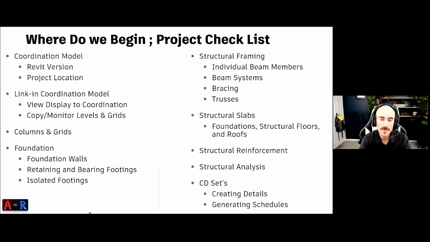Now, one thing I always recommend when we're first starting out with Revit is when we link in a model and we're in a view, set your view display to coordination, please. By default, and we'll talk about templates next, it is set to structure. So use coordination if we're linking in a model and we're trying to design from that coordinated model. Next is copy monitor, completely foreign to us right now, probably, but you should only be copy monitoring levels and grids. I wouldn't do floors or walls, but you can just be aware they're duplicates. If we do anything coordination wise, we're going to have two of the same in our model.